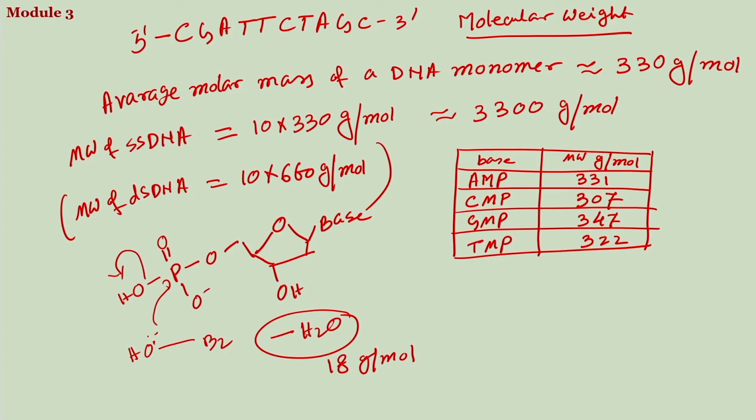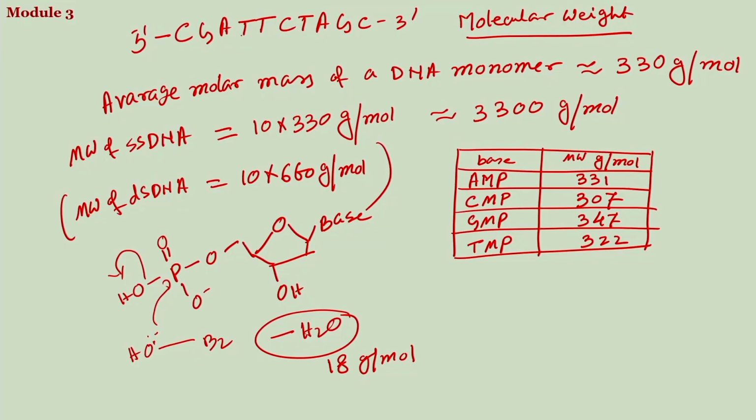So, you have to sum up all the individual nucleobases in terms of the monophosphates, and then subtract the number of phosphodiester bonds multiplied by 18. That will give you the correct result. So, in this case, if I calculate the molar mass of your single stranded DNA, that would be